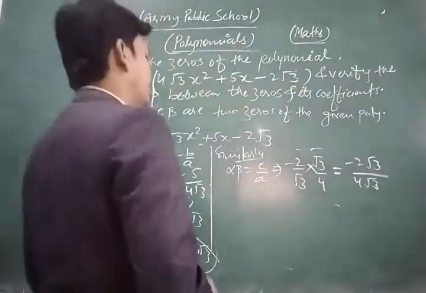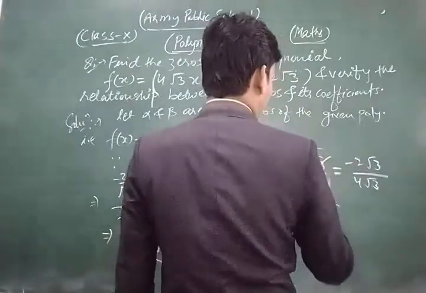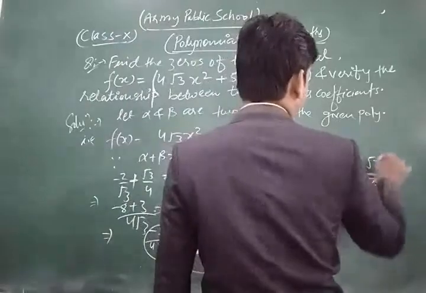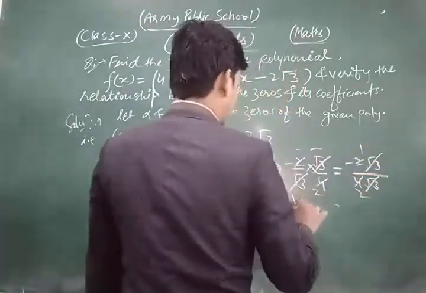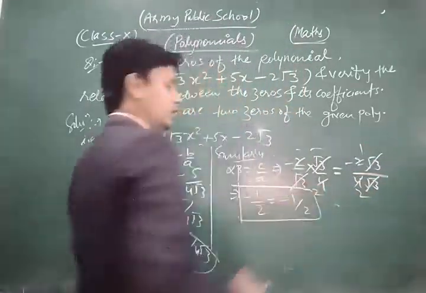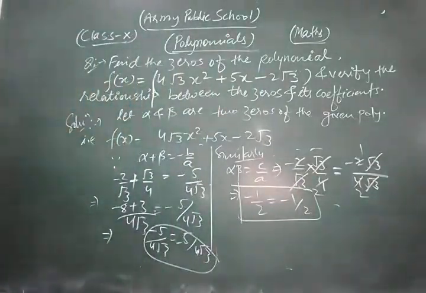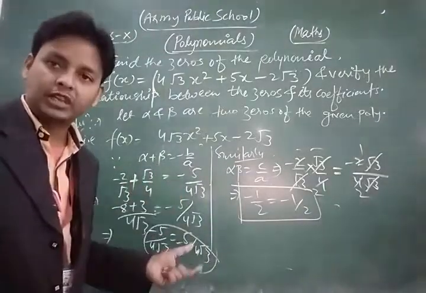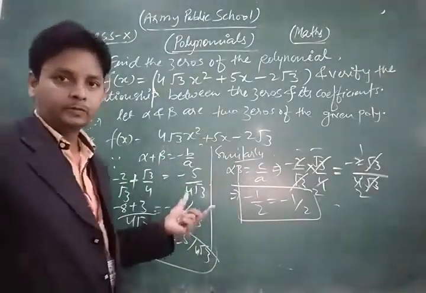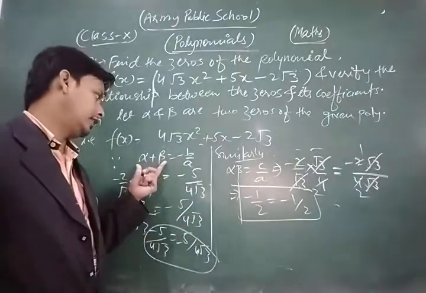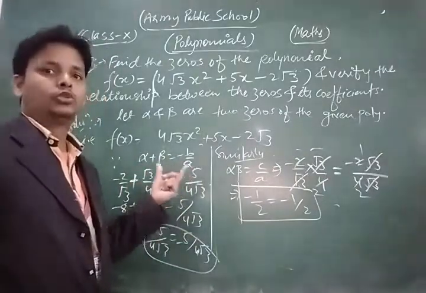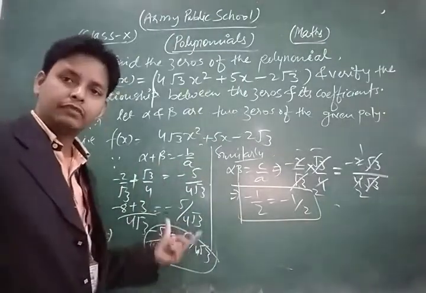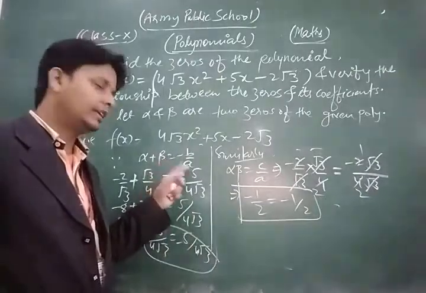So now dear student, look. Here root 3 cancels, and 2 to the 4, that is minus 1 by 2, on the left hand side, and the right hand side of this is 2 to the 4. This is minus 1 by 2, which is also on the right hand side. So dear friends, in this way, using the formula related to quadratic polynomial, the sum of zeros is minus b by a. So in this way, the left hand side and right hand side are both equal to each other. So in this way, we hence verify the relationship between zeros and its coefficient.